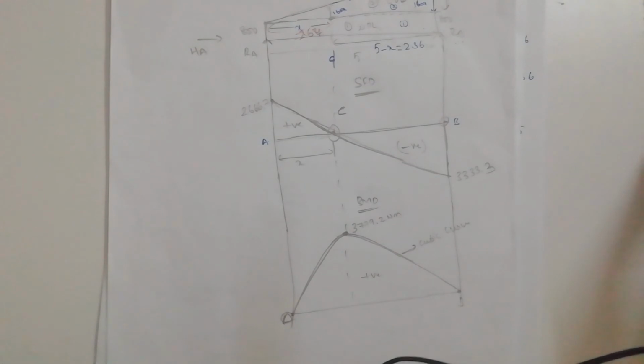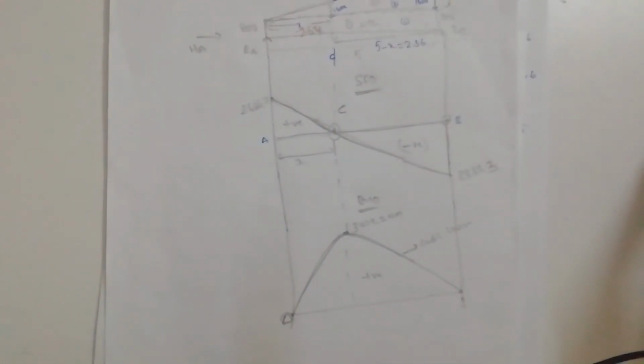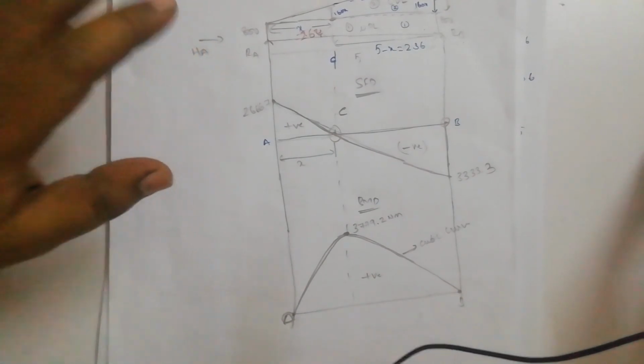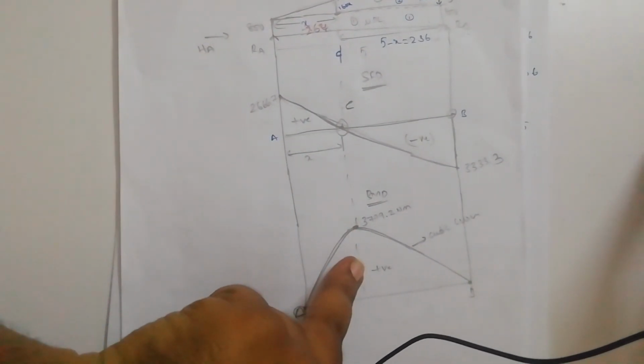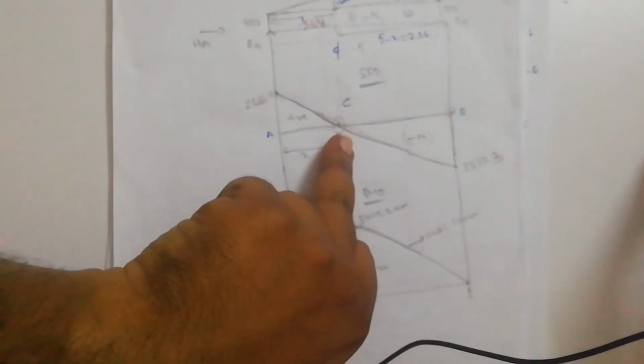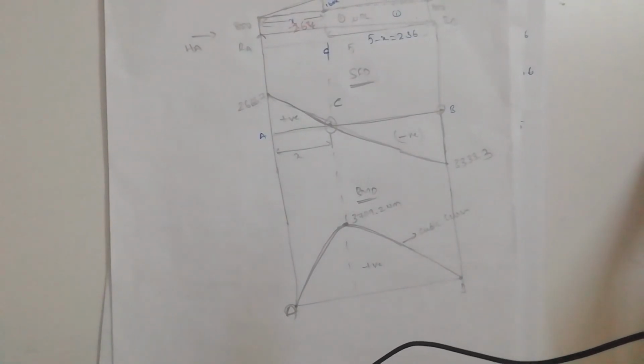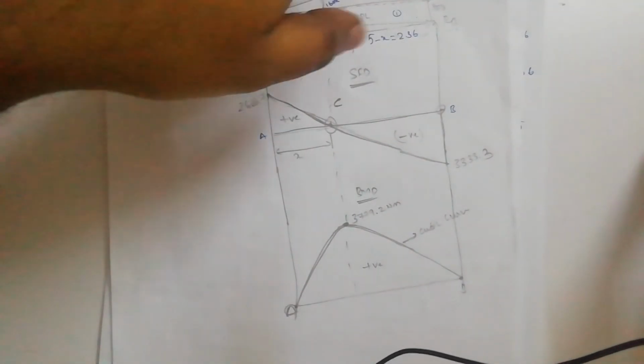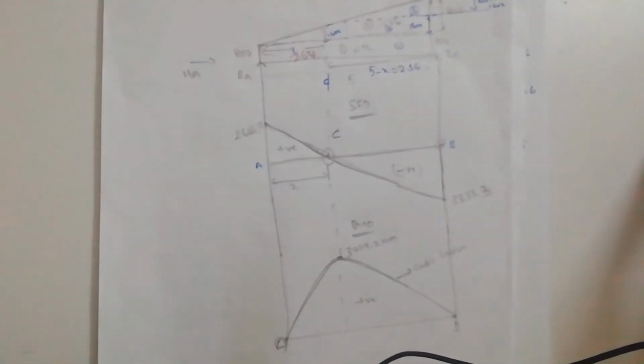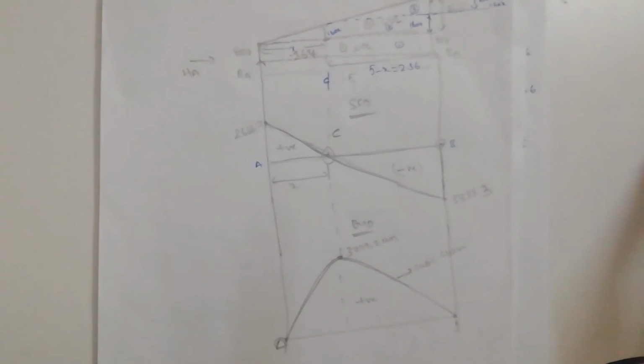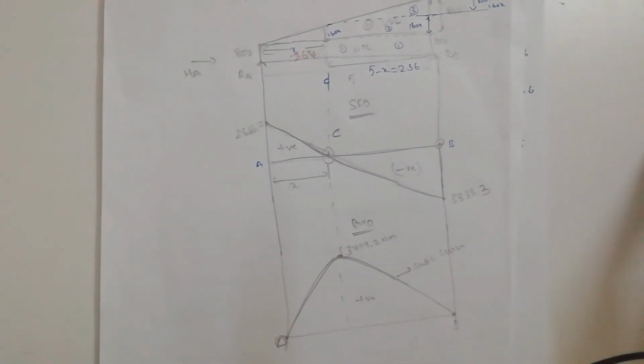So we will try to solve one more problem on shear force and bending moment diagram, because we have covered most concepts. Similarly, we have even covered the maximum bending moment concept. The point where shear force becomes 0 is the maximum bending moment point. That value you have to measure, and how to do that calculation, I have covered all those parts. The only left out topic is your point of contraflexure. So we will try to solve that one problem, and this whole shear force and bending moment topic will be closed, and we will go for thin cylinders, and next we will start with torsion. Okay. So with this we will end this lecture.